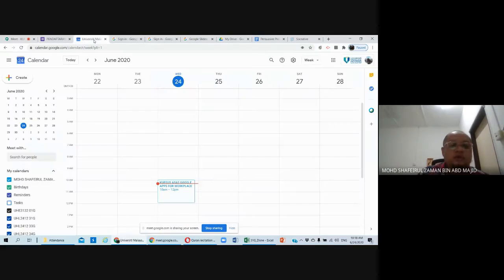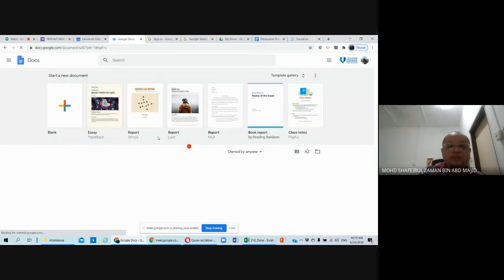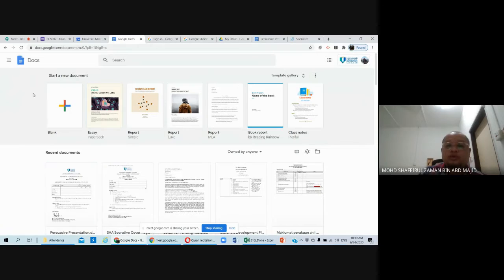So I'm going to leave Google Calendar here. Now let's go on to the next app, which is Google Docs or Google Document. Again, I am going to log in using my institution email, since we subscribe to G Suite. So I just click on my email there, and then it will bring you